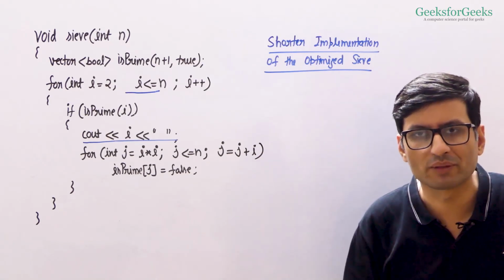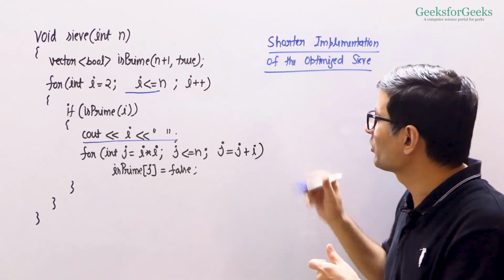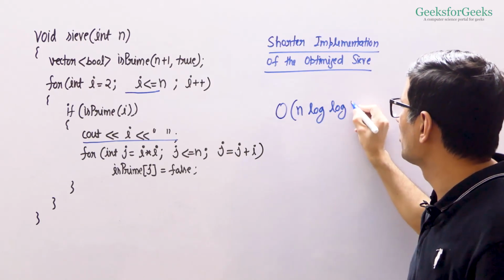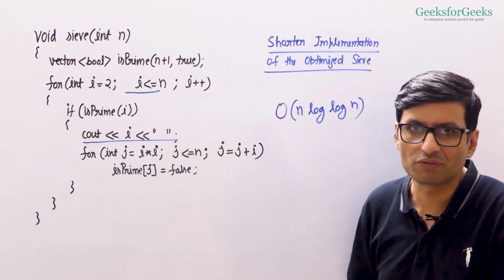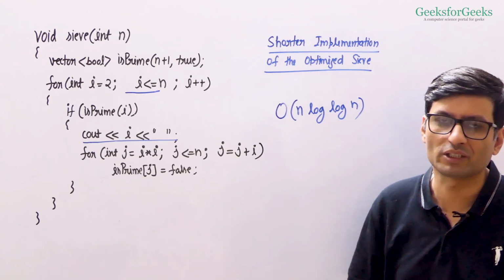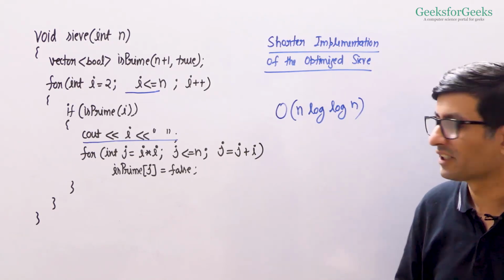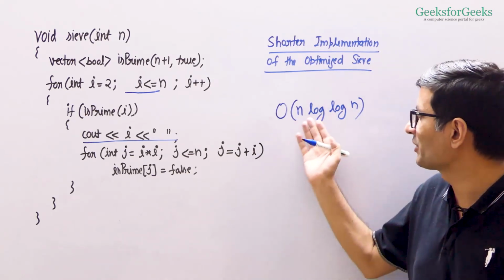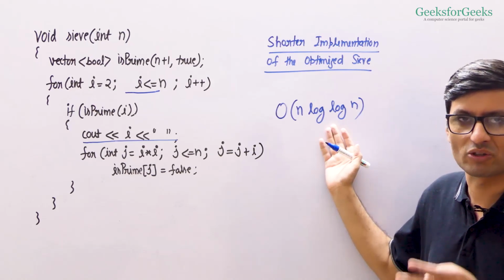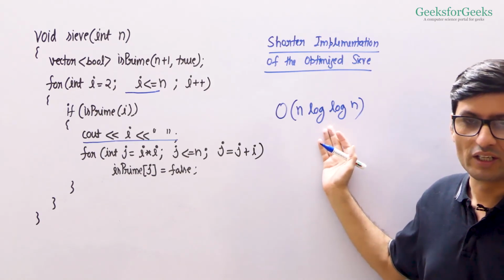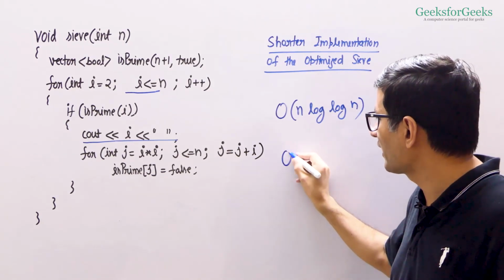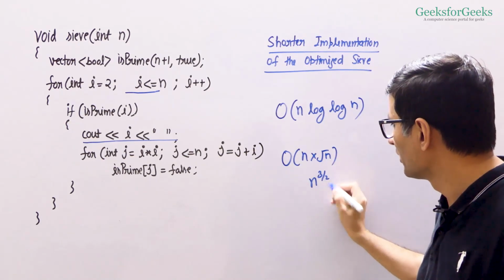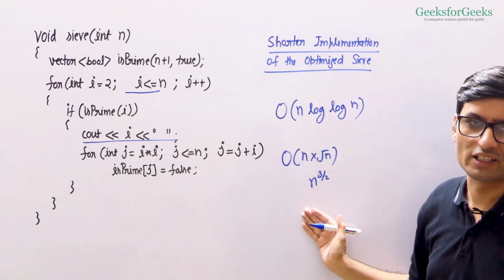Let's now talk about the time complexity of the sieve algorithm. Time complexity of the sieve algorithm is big O of n log n. We are not going to go into the mathematical details of its proof because there is a long proof for the time complexity. But the interesting thing here is this log n factor is very small. You can say this overall time complexity is almost like linear because log n grows very slowly. And the naive approach that we discussed had time complexity of n into square root of n, which is n raised to the power 3 by 2. So this is much better than n raised to the power 3 by 2.